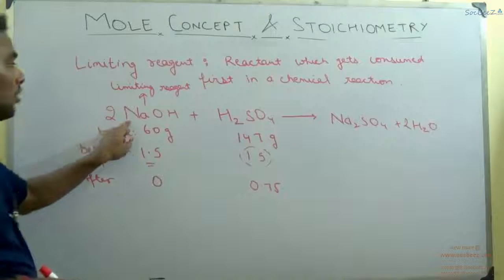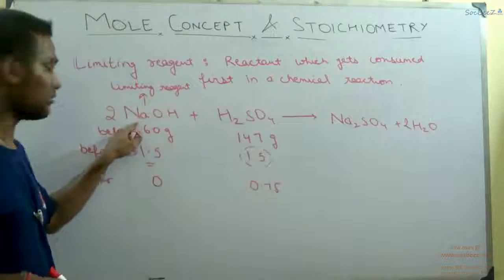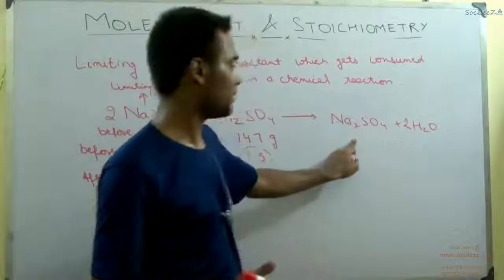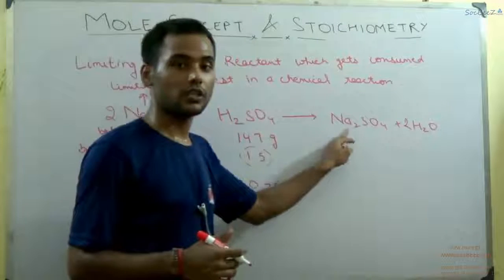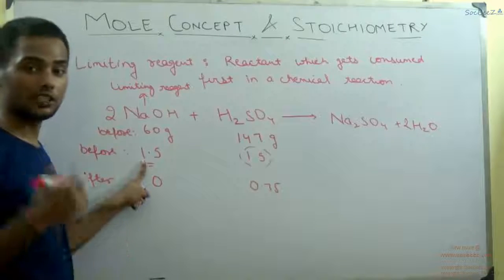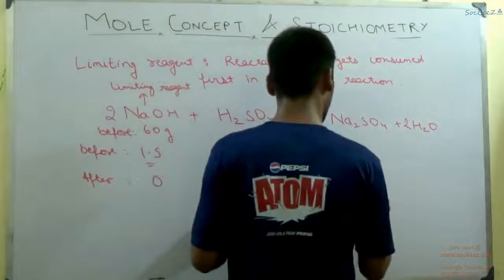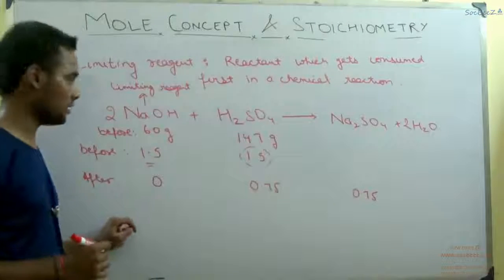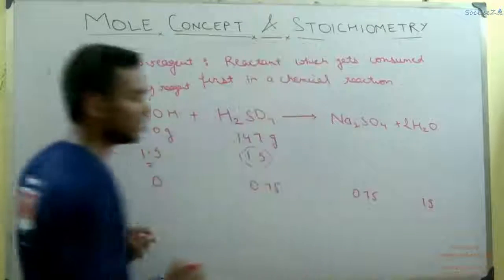Now, 2 moles of NaOH gives 1 mole of Na2SO4. Remember here, NaOH is the limiting reagent. Therefore, NaOH will decide the amount of Na2SO4 that will be formed at the end of the reaction. Since 2 mole of NaOH gives 1 mole of Na2SO4, 1.5 mole of NaOH will give 0.75 mole of Na2SO4. So 0.75 mole of Na2SO4 is formed at the end of the reaction, and 1.5 mole of H2O is formed because